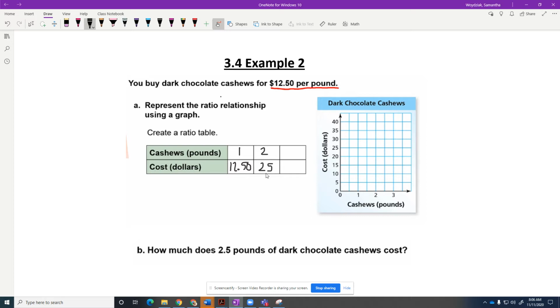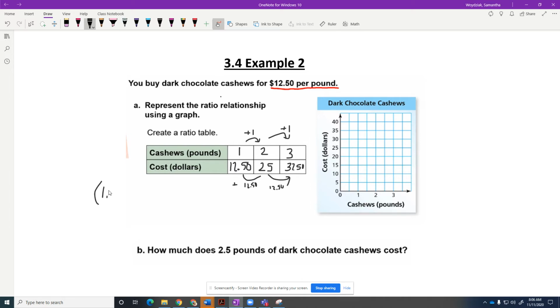$25. And then if we were to add another pound of cashews, you can see we're adding one every time, which means down here we're adding $12.50. If we had another $12.50, we would be at $37.50, okay? So using that, we know that the points we are going to graph